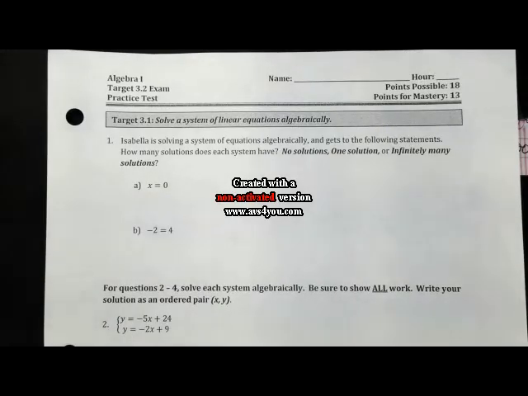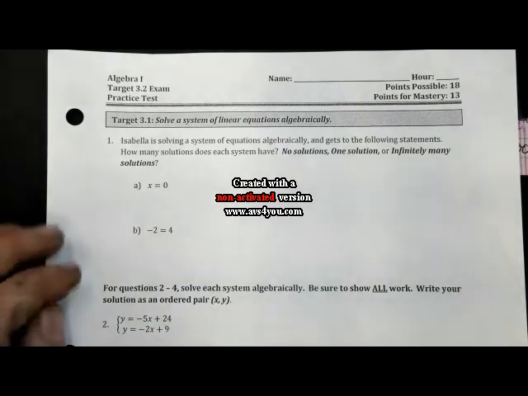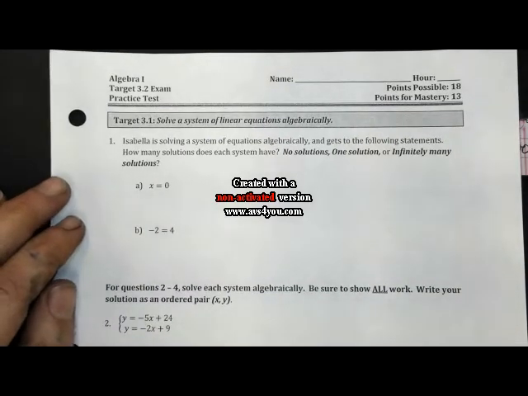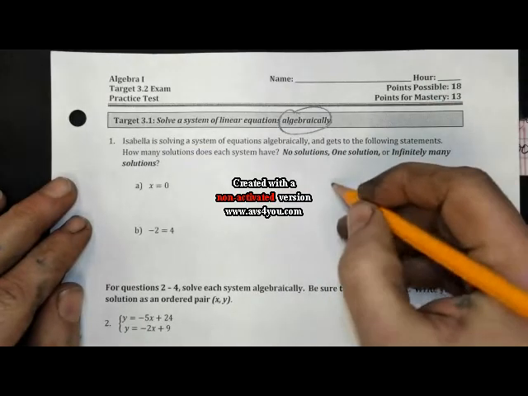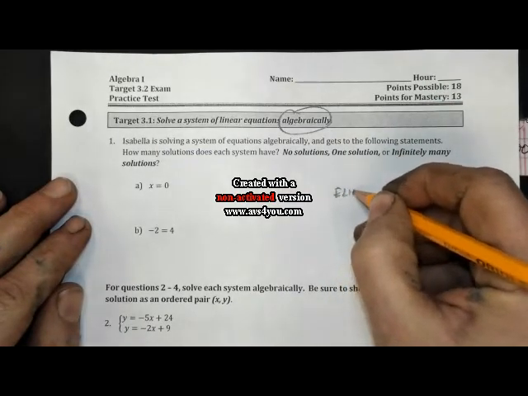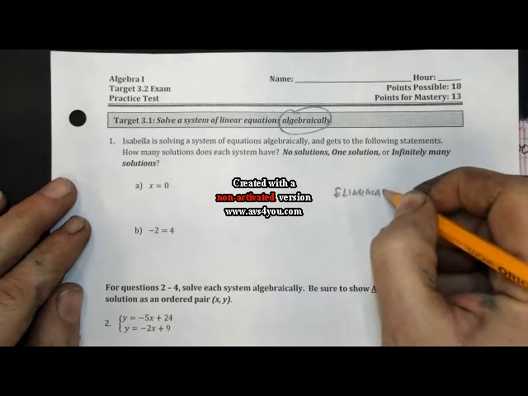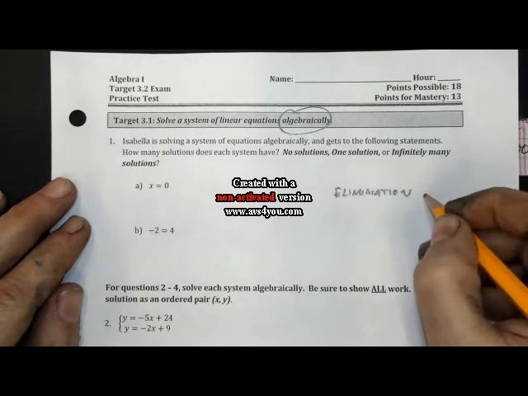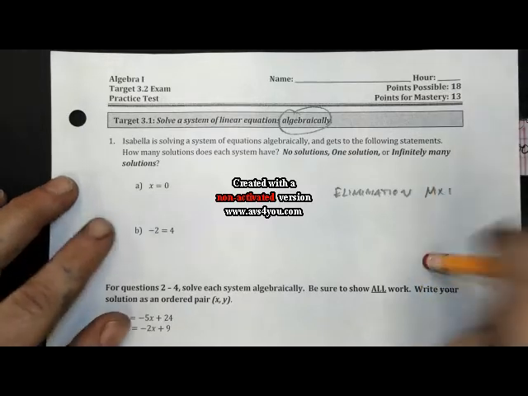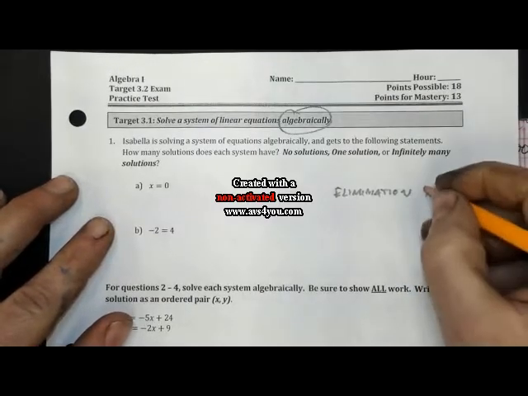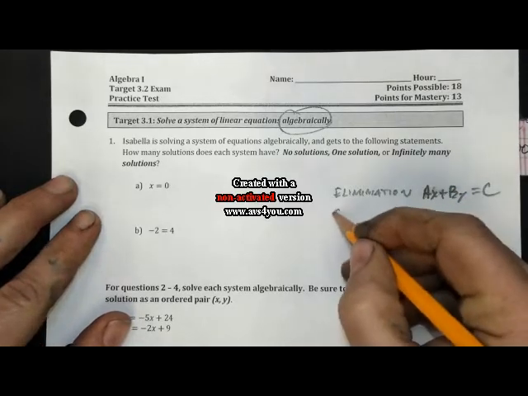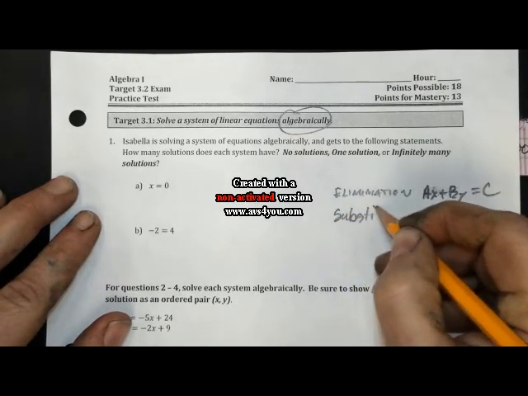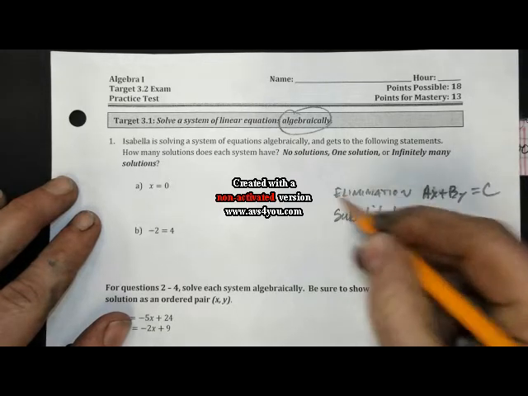Okay, welcome to the answer key review for Algebra 1, Target 3.2, Solving Systems Algebraically. We have been using three main methods. Something we call elimination, which you'll remember is if both of the equations are in ax plus by equals c standard form. We've also talked about substitution, which is really just the last step of elimination, but sometimes